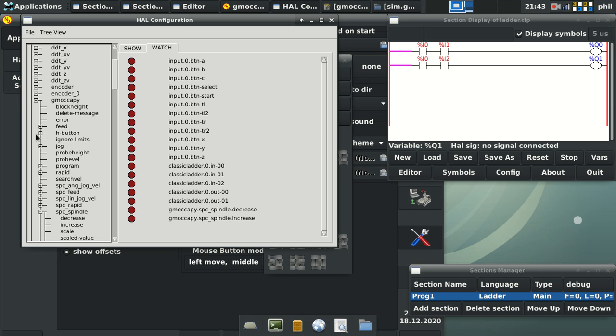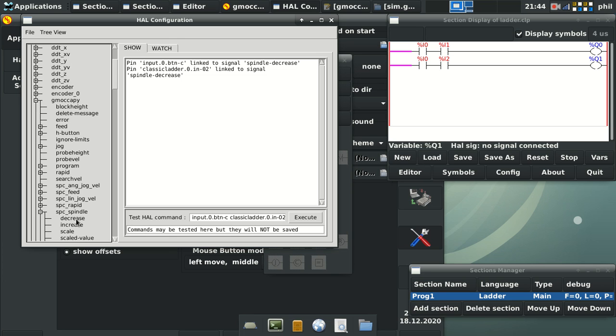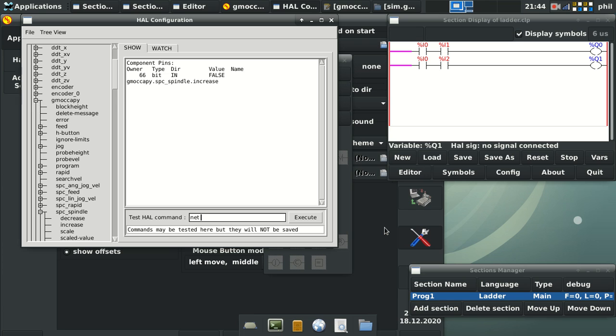So I go to gmocha-pi, SPC spindle. I'm going to go to show because I need to know what the increase and decrease pins are. So our increase is going to be gmocha-pi.spc_spindle.increase. So what I'm going to do is tie that into a net. I'll call that spindle. I should be able to do spindle increase. I should still have the functionality to do it, but let's see if it alarms out. Spindle increase,